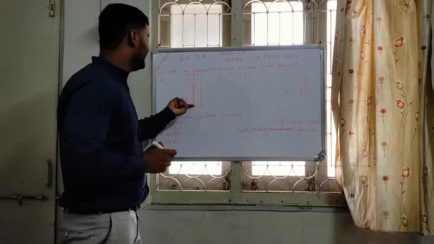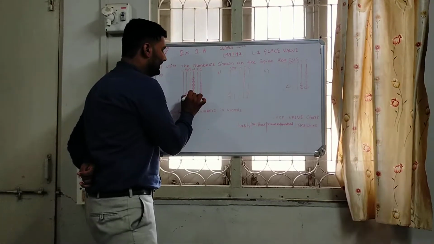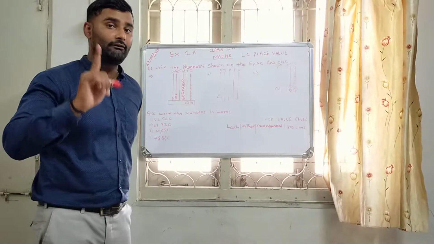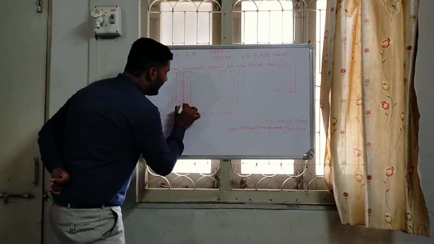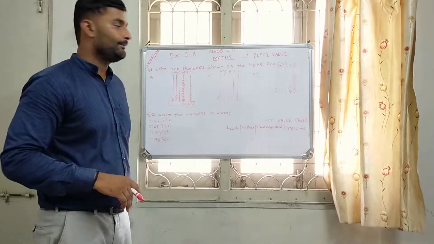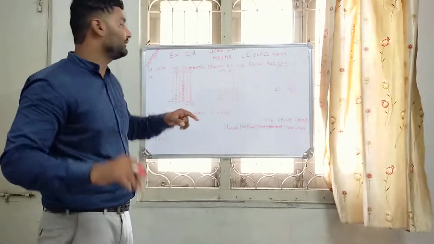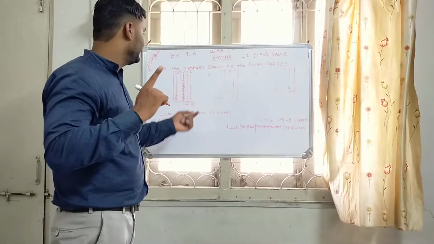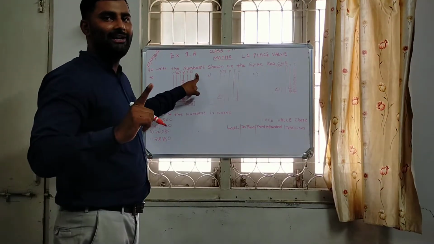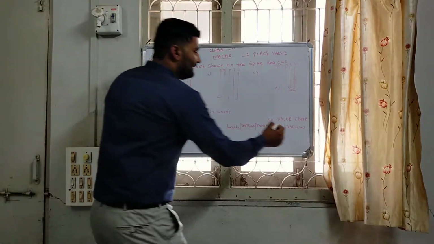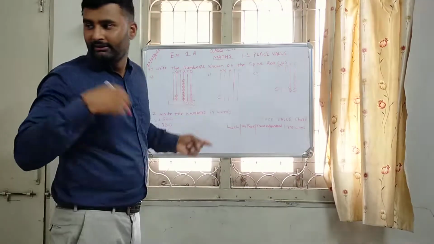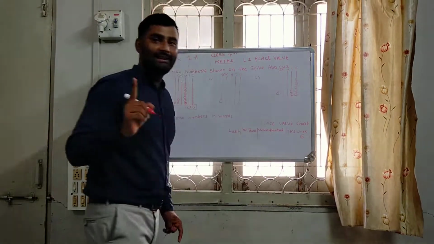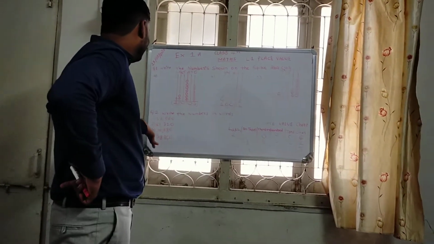Now read with me: 1, 2, 3, 4, 5, 6, 7 beads are there. 7 circular beads are there. So I just write here 7. But while writing and reading, you must know the values at the top. So our first spike is of ones value. That means there are 6 ones.